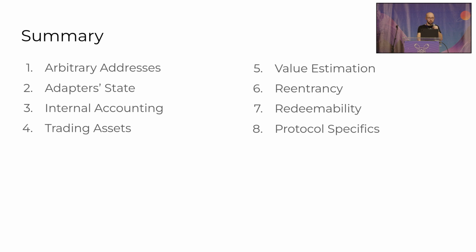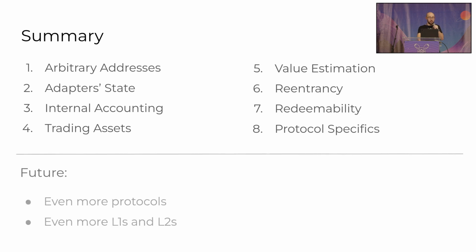So to sum up, we've talked about how to limit interactions with external protocols, how to do the accounting and the value estimation correctly, and most importantly, how to be prepared to handle unexpected behaviors. Unfortunately, the future looks way more complicated because we have more and more protocols coming up. And of course, now we have many layer 1 and layer 2 solutions, and there is a requirement for communication